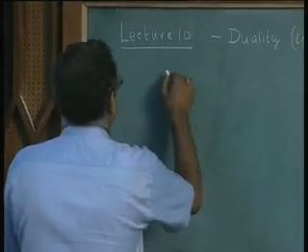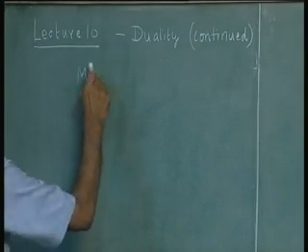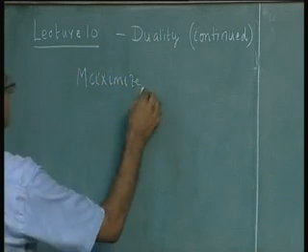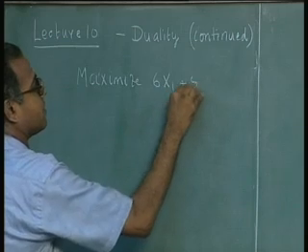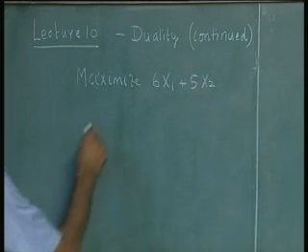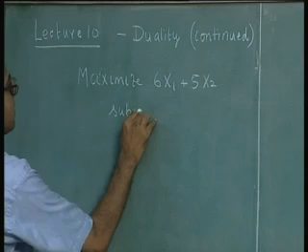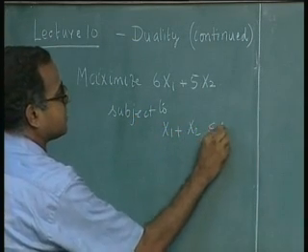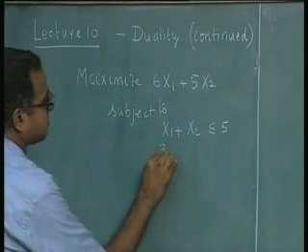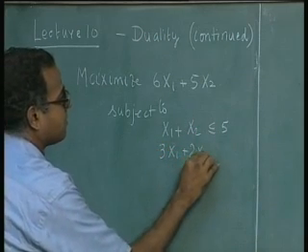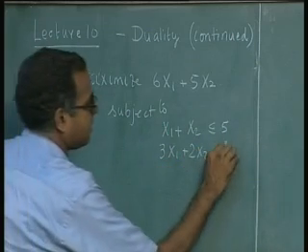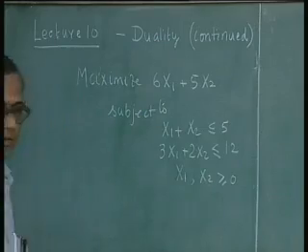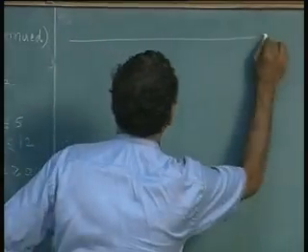So, the example is maximize 6x1 plus 5x2 subject to x1 plus x2 less than or equal to 5, 3x1 plus 2x2 less than or equal to 12, x1, x2 greater than or equal to 0. Very quickly performing the simplex iterations, we get